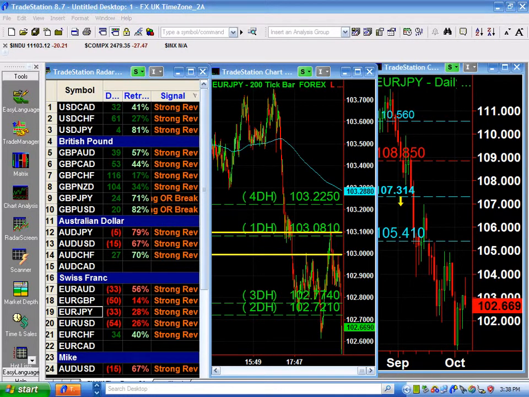You're looking at this chart, you can see that in the euro yen we have a major sell signal, and therefore our bias in the euro yen is to the downside. But having closed at 102.66, and I can see some buying coming into the dollar yen and some buying coming into the pound yen, maybe I need to be cautious and find my entry on the long side in the euro yen, and